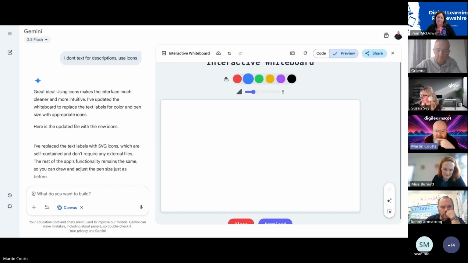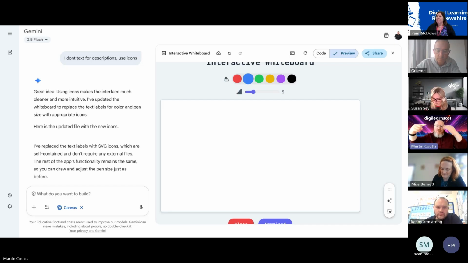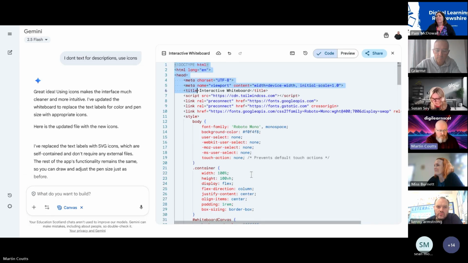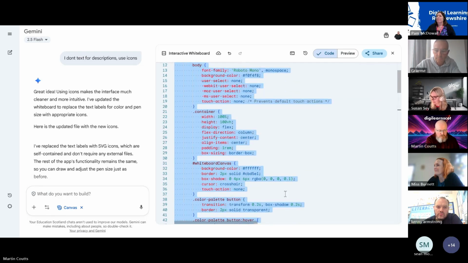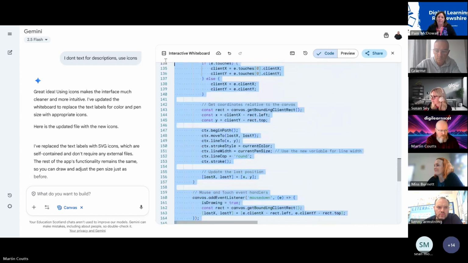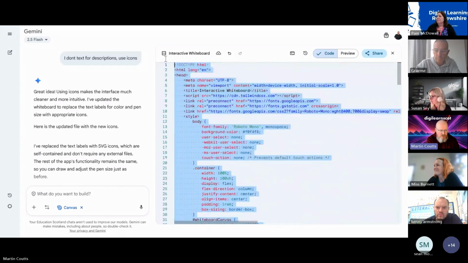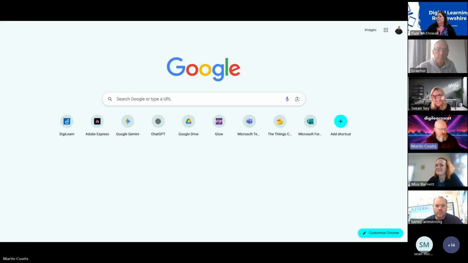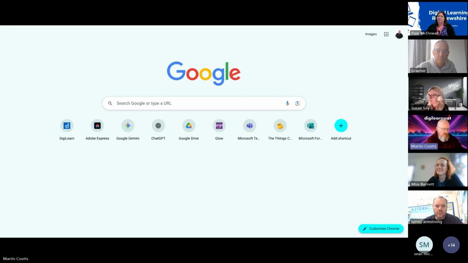I was working with teachers in Western Isles, and one guy had created an interactive tool for showing a waveform in physics and changing the amplitude and changing the frequency. He then put it on a Google site, because all you would do there is take the code, select it all, just showing you how you might do this. You would copy the code, and then use something like Google Sites, and I realise this is maybe a bit beyond for some folk just now, which is absolutely fine, but